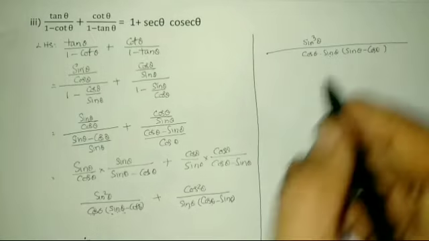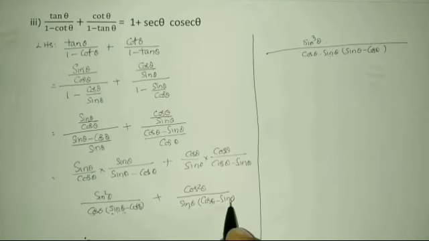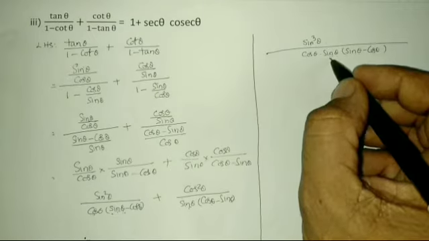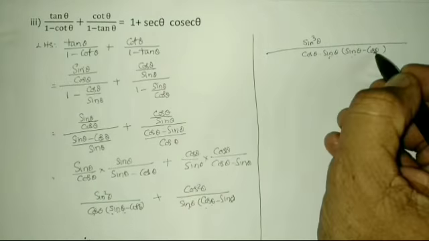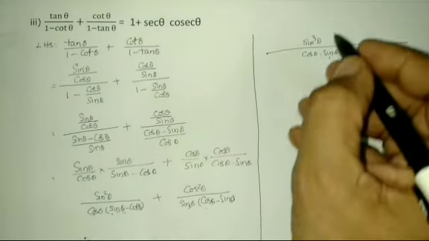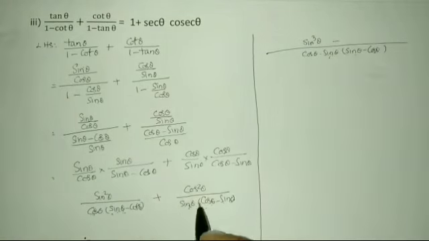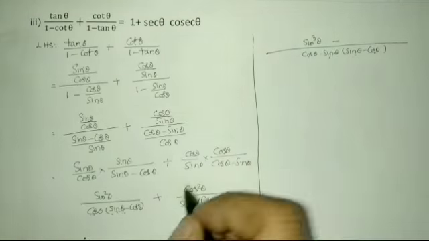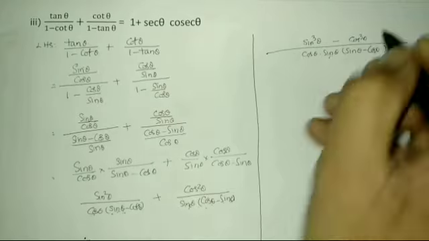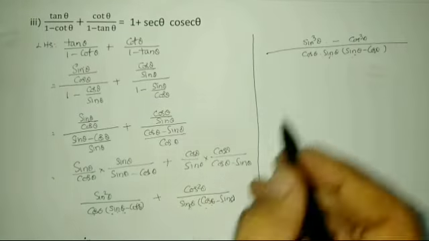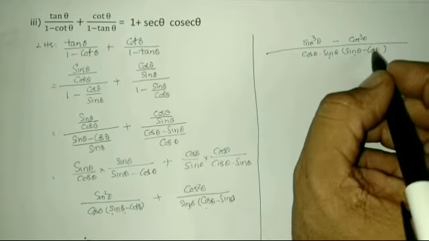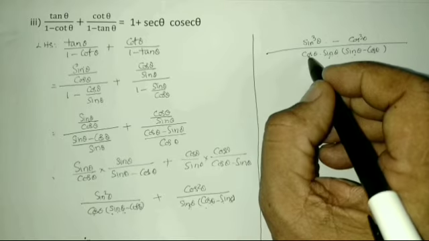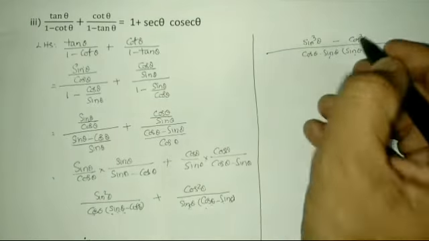Now divide this LCM by the denominator, sin theta into cos theta minus sin theta. Sin theta gets cancelled. Sin theta minus cos theta minus 1 gives, see, cos theta minus sin theta minus 1 gives sin theta minus cos theta. So here you get minus and cos theta into cos square theta, cos cube theta. See, if you divide this LCM by this one, sin theta gets cancelled, and cos theta minus sin theta minus 1 gives sin theta minus cos theta. So minus 1 into cos theta minus cos theta, minus cos theta into cos square theta minus cos cube theta.